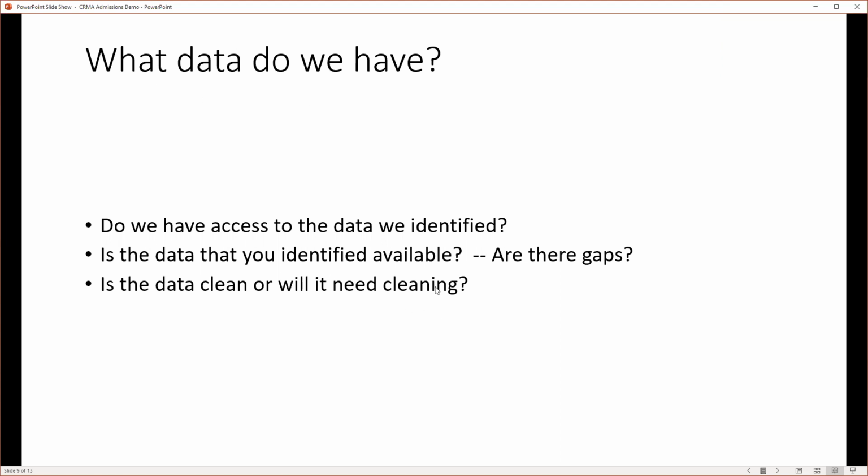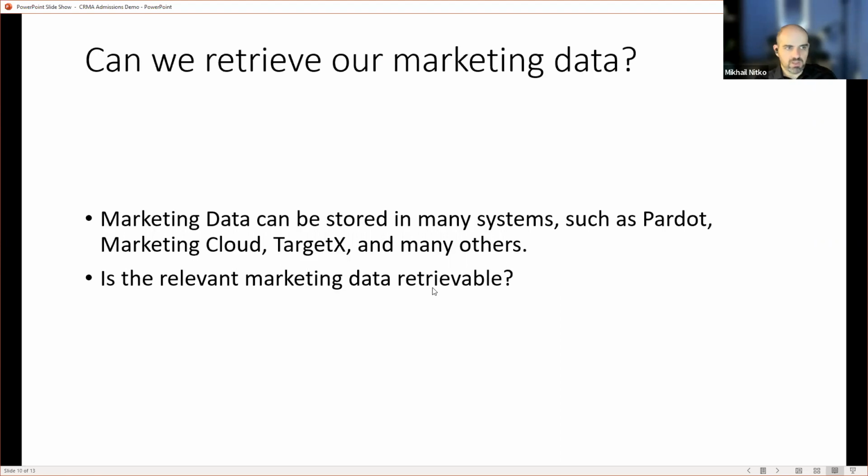That's right. So this is a big thing that you'll run into when you say, is the data clean or will it need cleaning? Is the data available or is it not? And these things will actually initiate really interesting conversations that I'll talk about later, about how we retain data and what data we're going to retain in the future, and the importance of doing so. This could cause a whole cascade of, we're going to keep backups. It's a whole bunch of interesting things, because the predictive models you create here could be that valuable.